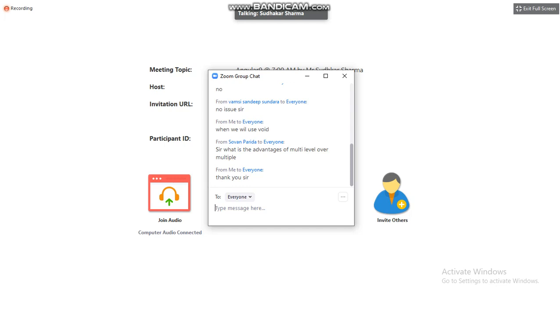Multi-level over multiple, I already told you just now. So suppose in our example, I am implementing only Angular 4. That means I must have access up to Angular 4 only. All previous and up to that particular part, it should give access. Multiple means what? It is accessing all of them, right? Multi-level means it is accessing only what is needed for that. Up to that point only it is giving access. Multiple doesn't have that chance. If you implement multiple